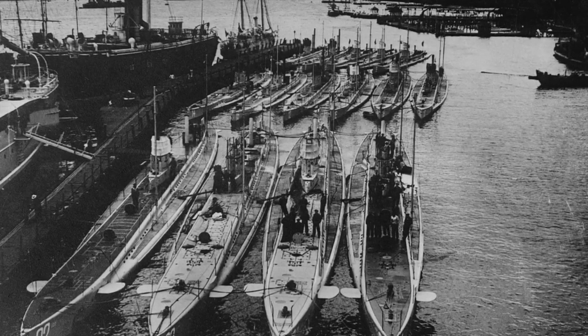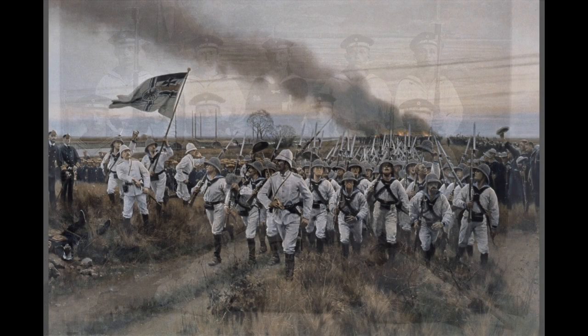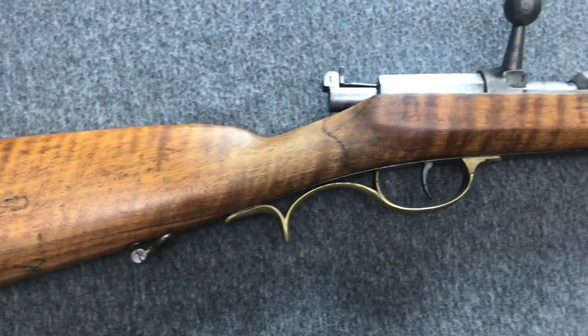During its time, the Prussian and later Imperial German Navy used a large variety of different rifles and bayonets, and this video is meant as an overview regarding this interesting topic, which is sadly often overlooked when talking about German rifles and bayonets. The first rifle that was somewhat used in large numbers by the Prussian Navy was the needle-firing